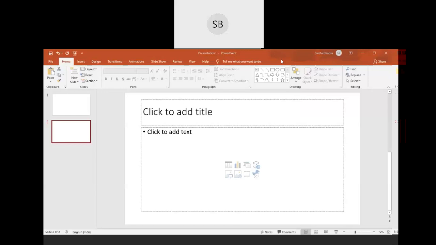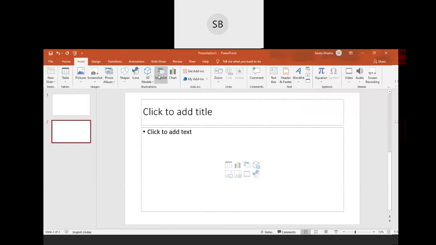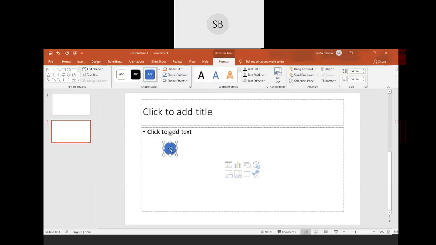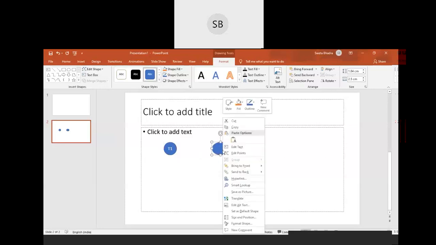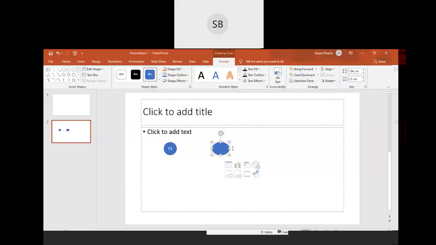Okay, so for the precedence graph, we have to draw the nodes, right? For this one, we'll have two nodes because we have two transactions, T1 and T2. Here I'm taking the shapes. I'm taking this oval shape and marking it as T1. Similarly, I'll take one more and write T2.